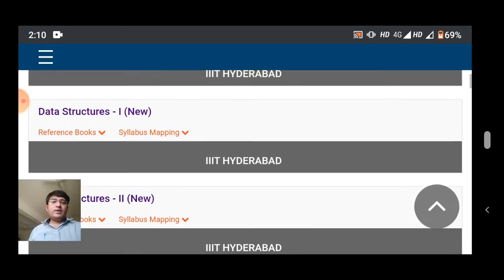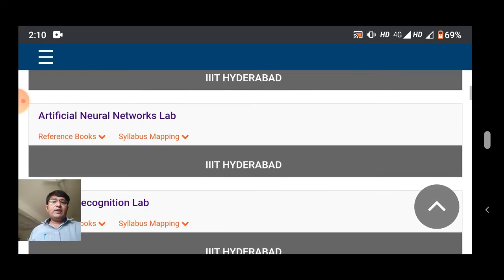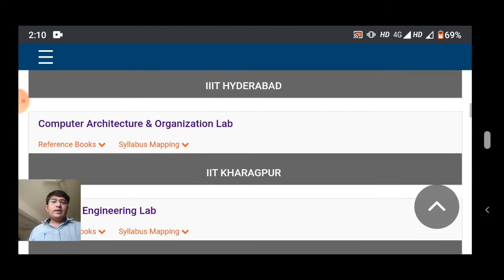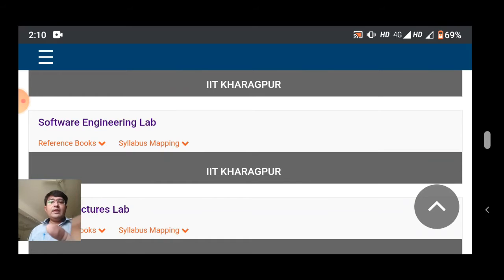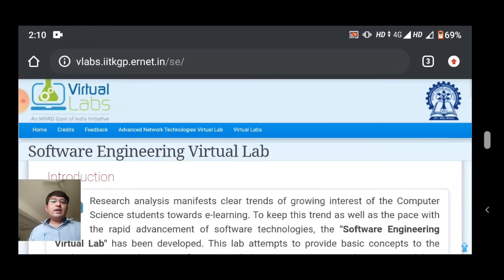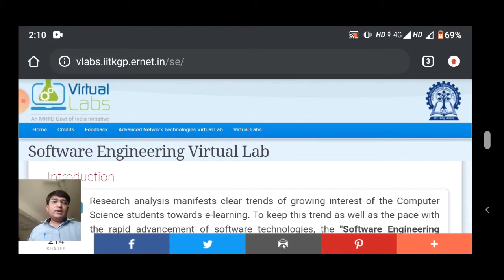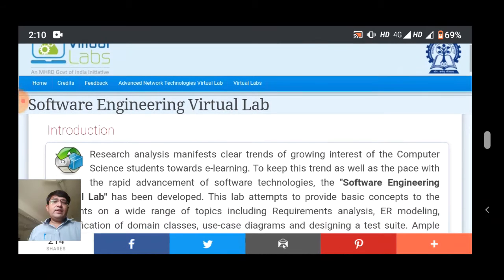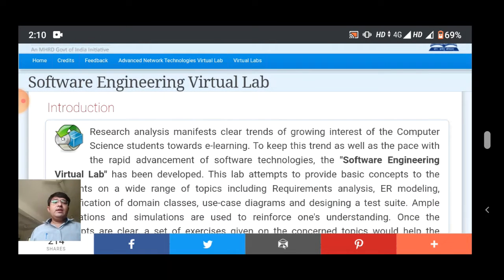For that we need to click on software engineering lab. Here the reference books and syllabus mapping are available. So this is the virtual platform where we can perform the experiments of software engineering.